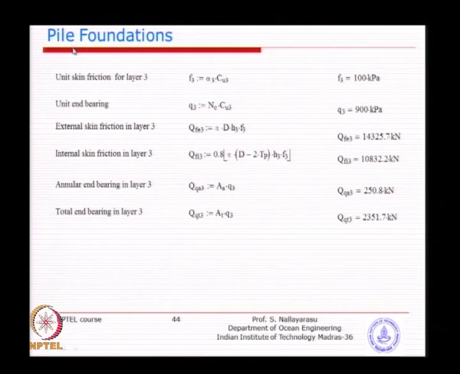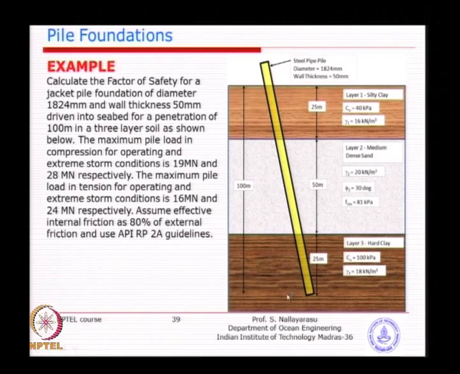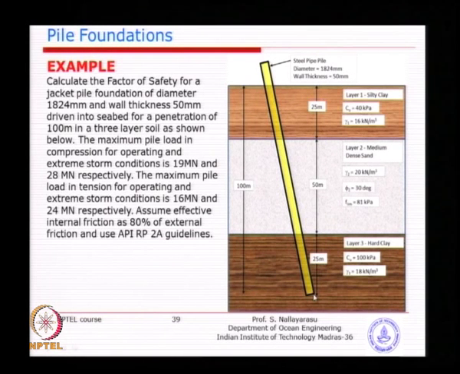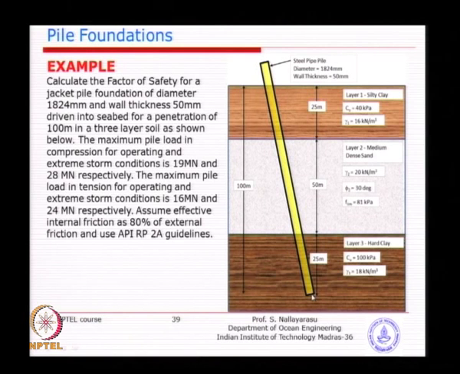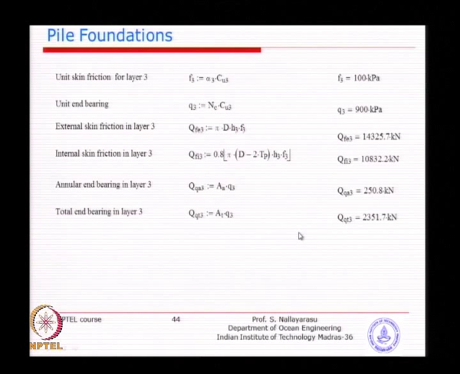For end bearing, what you need to do is, when you are evaluating the end bearing at this point, you cannot use the previously calculated P naught value at the middle of the third layer. We have to recalculate the P naught at the end of the pile. Sometimes people make a mistake by taking that half value, and you cannot do that. For skin friction, the representative is the middle of the third layer. For end bearing, you have to recalculate the P naught value, or the overburden pressure, at the tip of the pile.